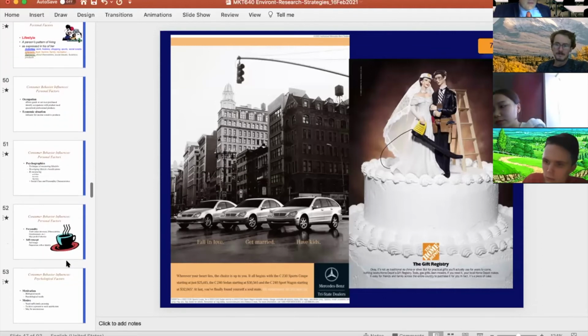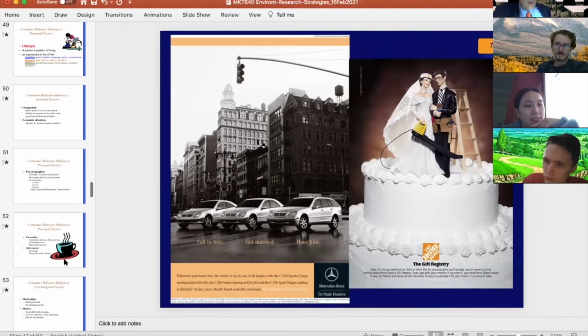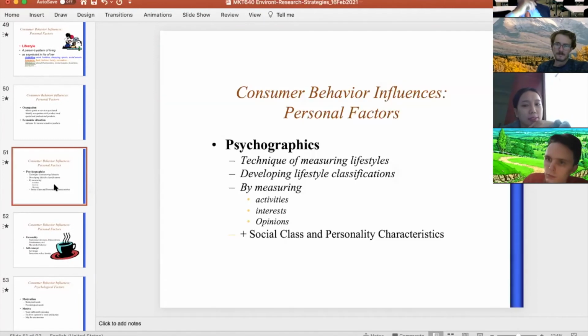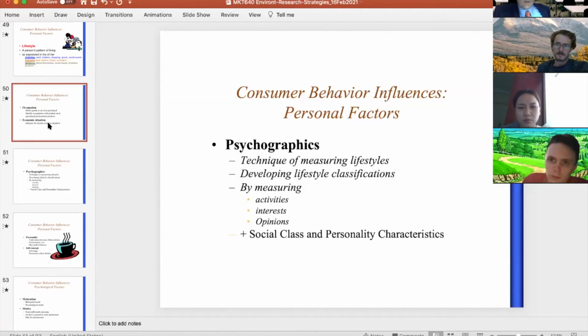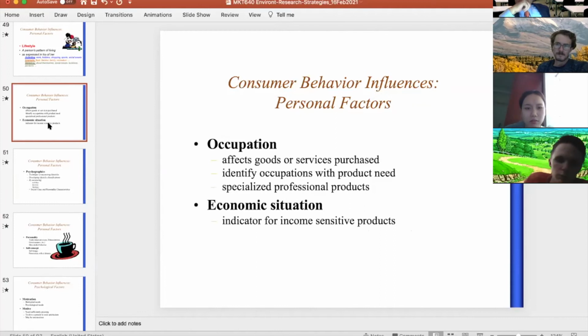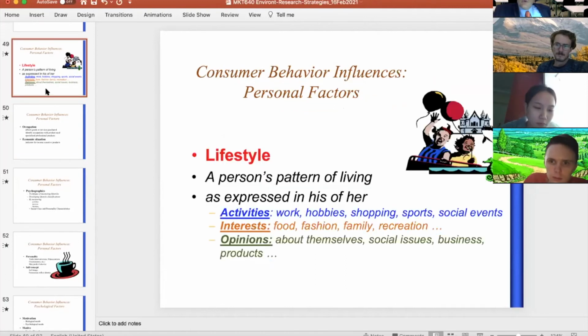Okay, so I've explained a lot of these. This next one is the one everybody knows because it's so obvious, but I want to bring it back again. Your behavior and what you're going to buy is still very much explained by the job that you have and the income that you receive. So your income and your occupation have a very important part.